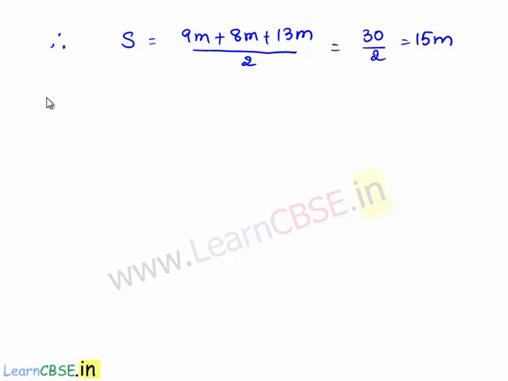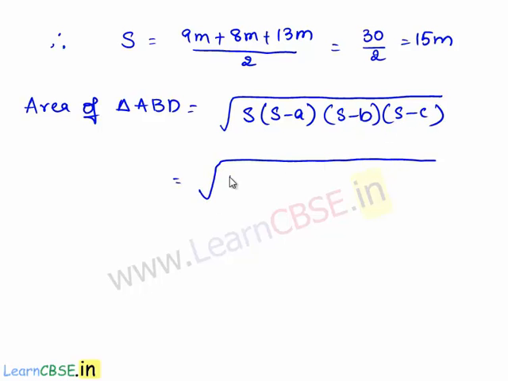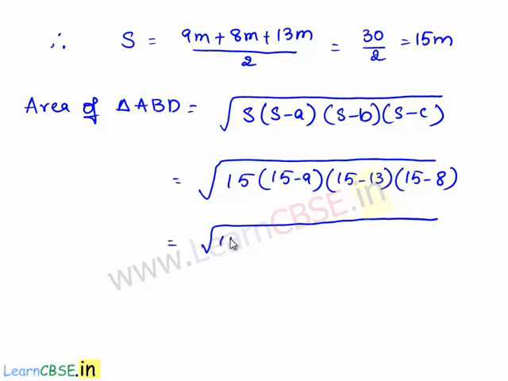Now we shall substitute the value of S in the formula for area of triangle ABD, that is equal to square root of S times S minus A times S minus B times S minus C, which is equal to square root of 15 times 15 minus 9 times 15 minus 13 times 15 minus 8, which is equal to square root of 15 times 6 times 2 times